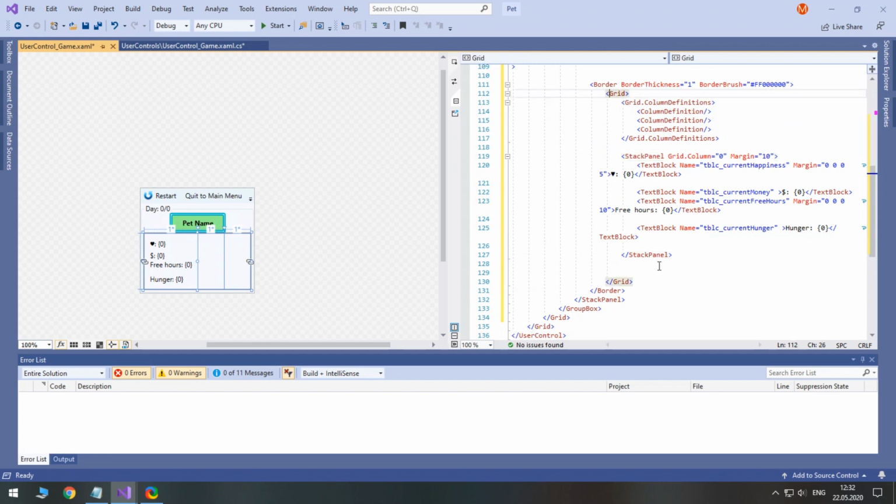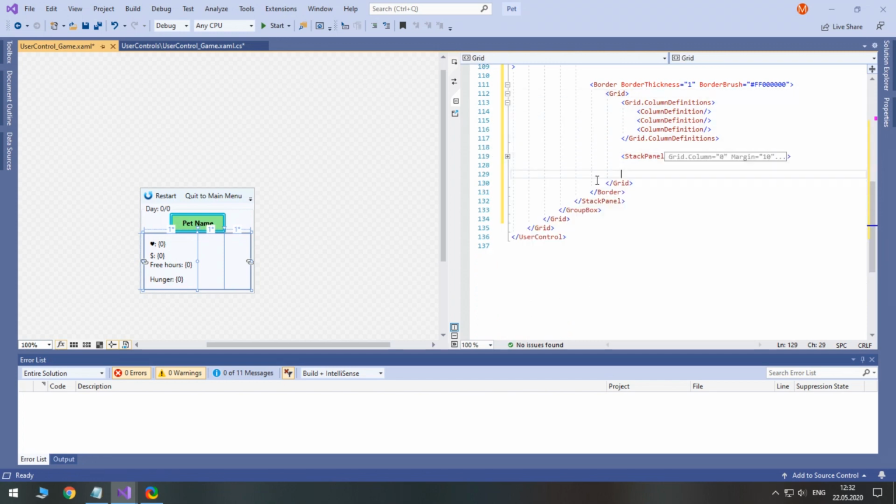The image will be in grid column 1. Make sure to give it a name.